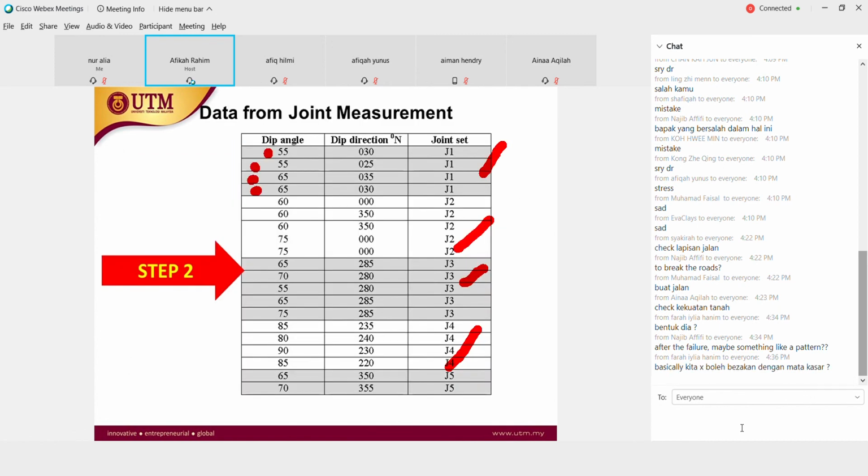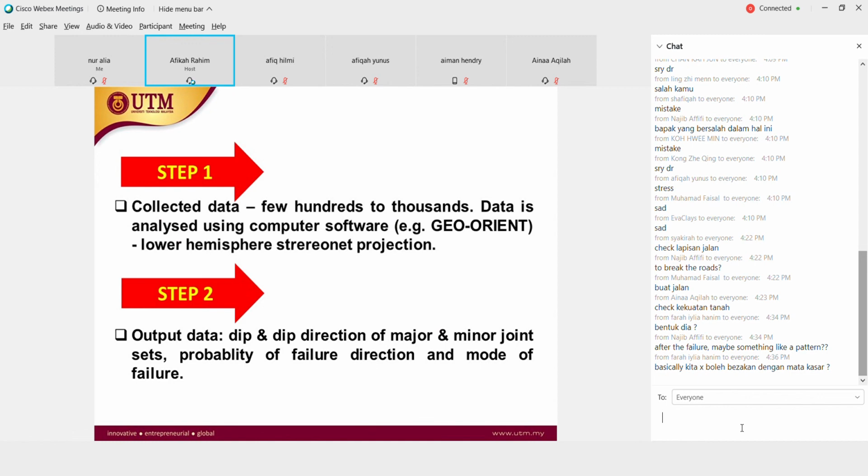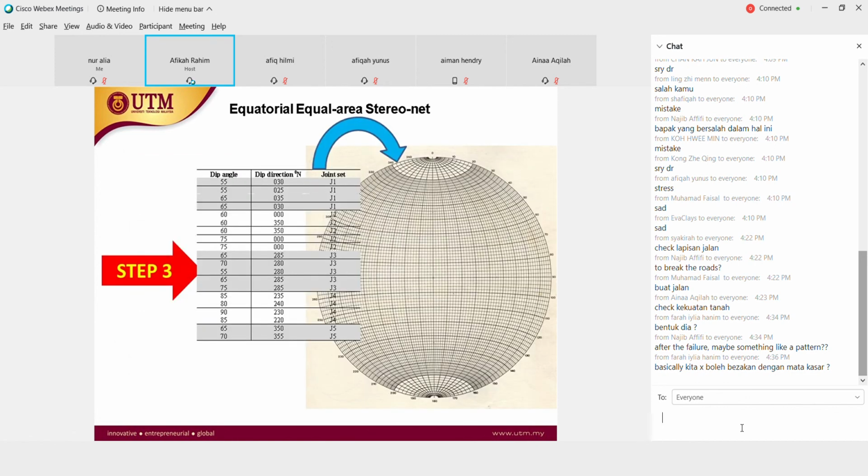Bau 5 kali 4, 5 kali 5. Bau ni dalam 20-30 data. So we need thousands of numbers, kita pergi ambil satu. And then we got the dip direction and strike, minor joint sites. And then we plot it dekat dalam we call equatorial,